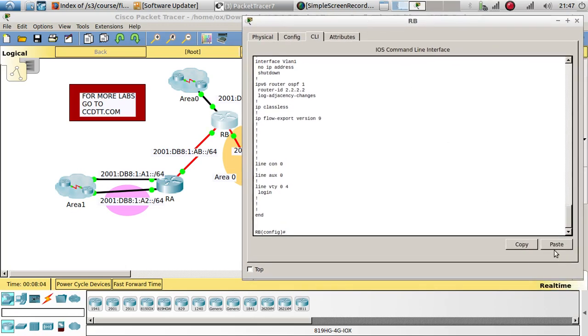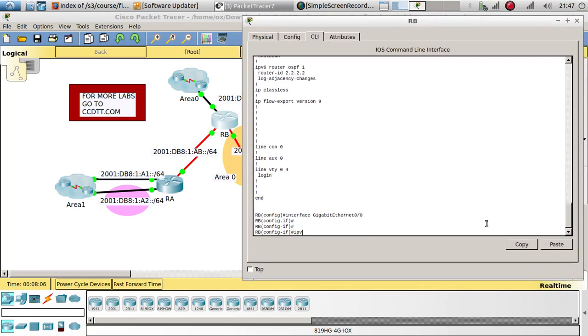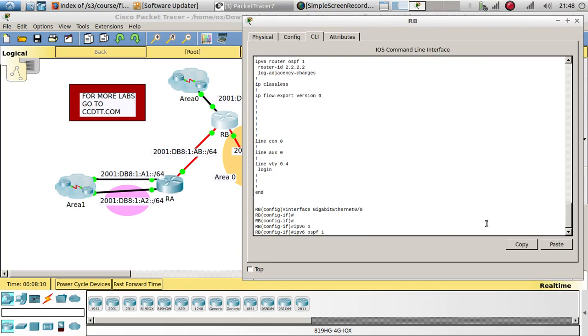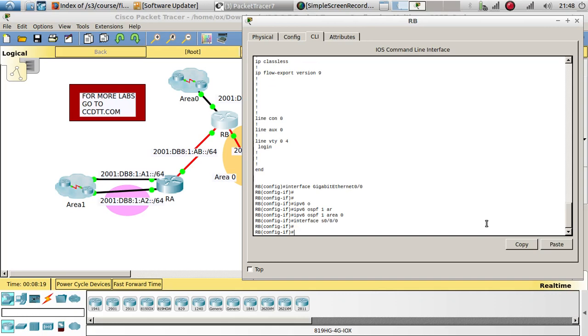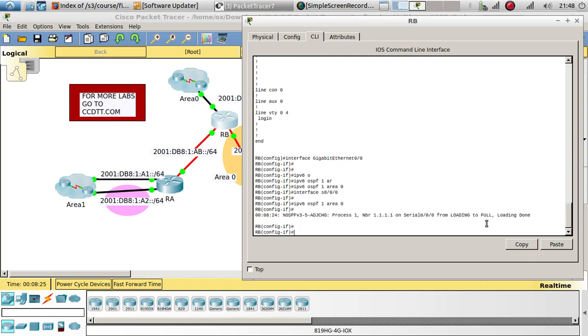Already copied this interface, IPv6 OSPF process ID of 1, and the area is going to be 0. Then we have to go to interface 0/0/0, IPv6 OSPF process ID of 1, an area of 0, and as you can see right here on the 0/0/0 interface, we have a neighbor relationship